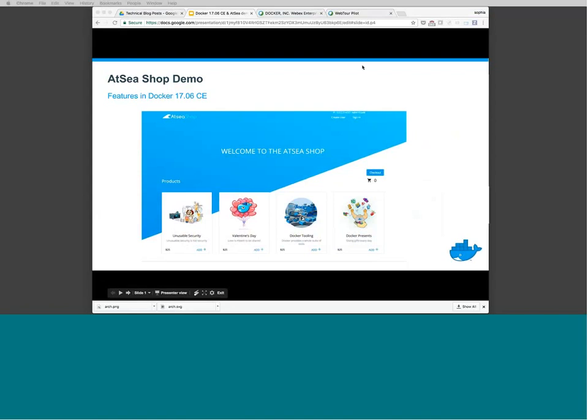So this is the Etsy shop demo. If you were at DockerCon, we showed this briefly in some of the demos. It's an Etsy-type shop where the images from all the cartoons that we do and use at Docker are available for sale. So the idea behind it was to